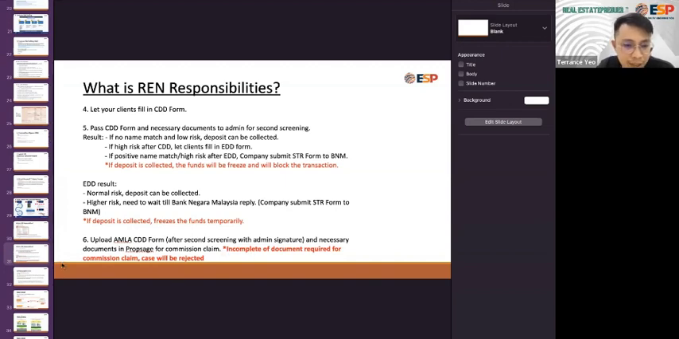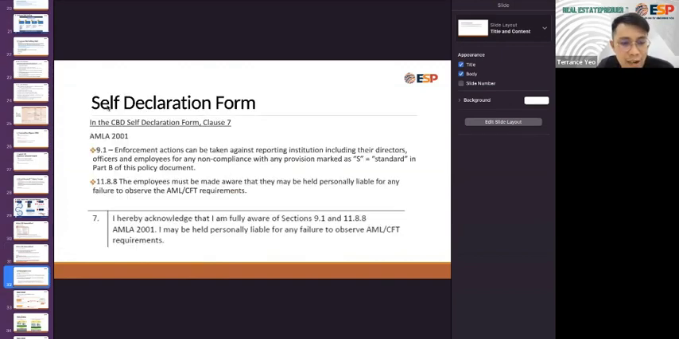Incomplete documents required, commission claim will be rejected, right? This is the enforcement we want to push out by 1st of January. Okay, but for now, you guys can start practicing already. Okay, now